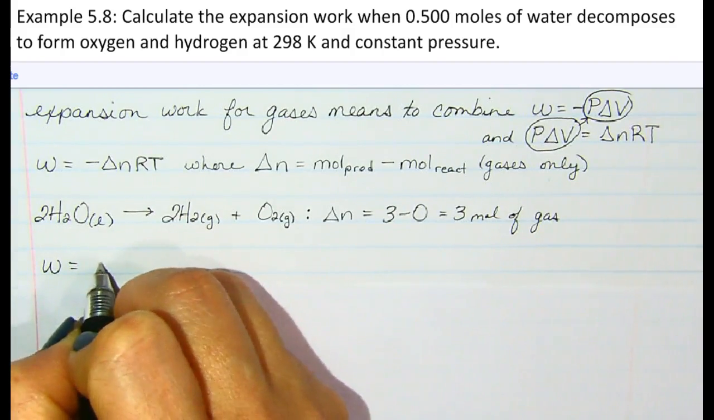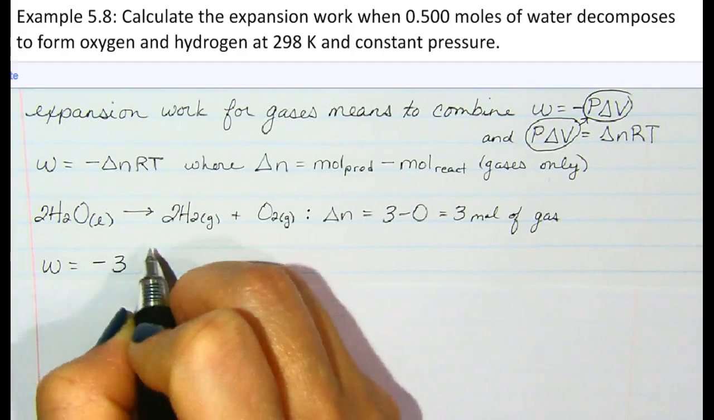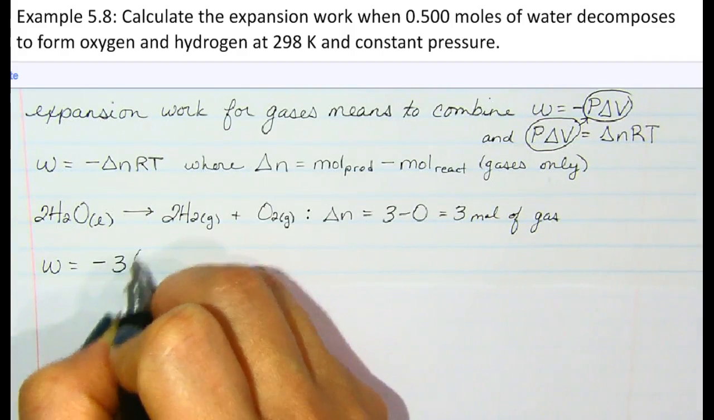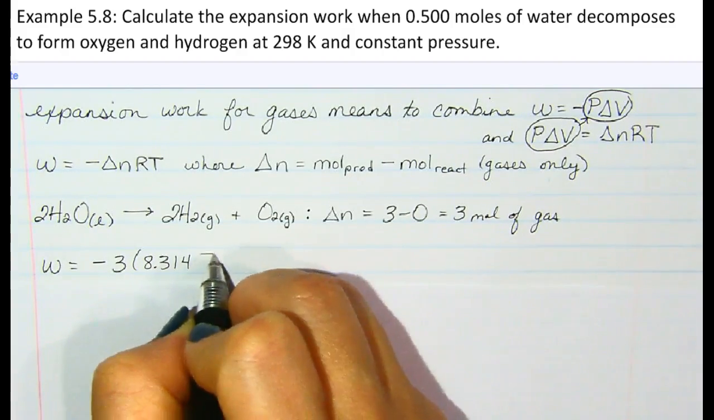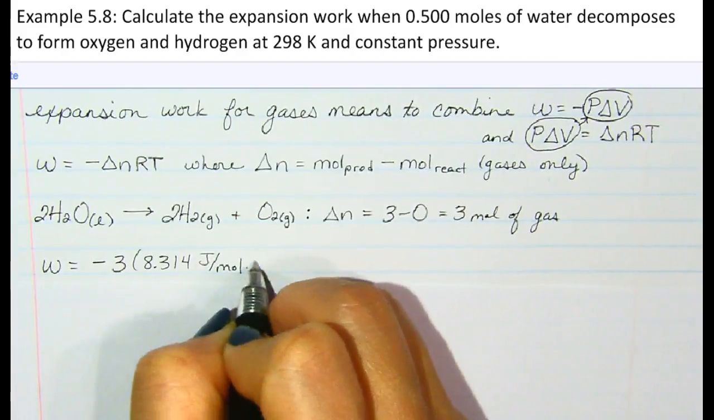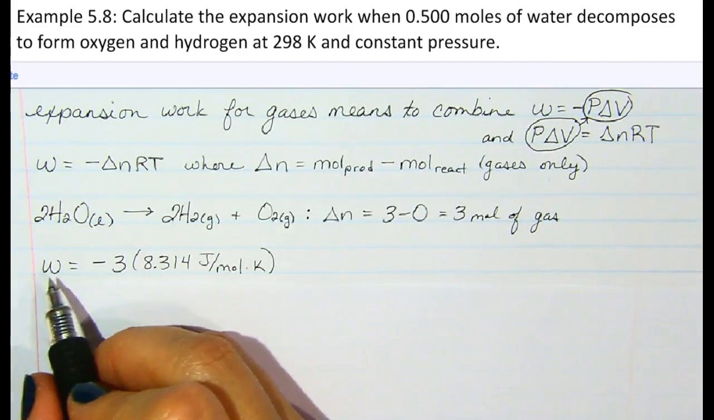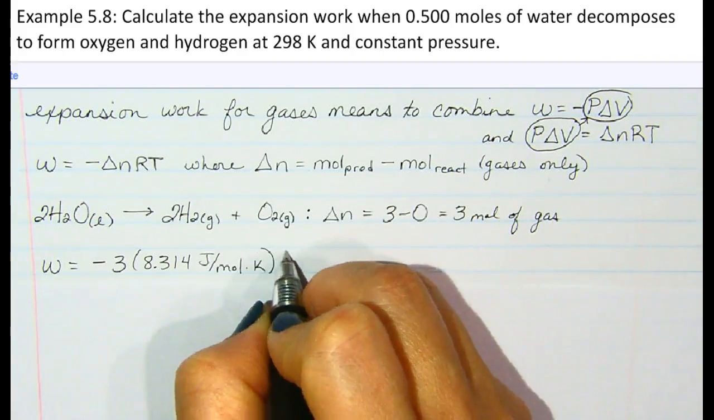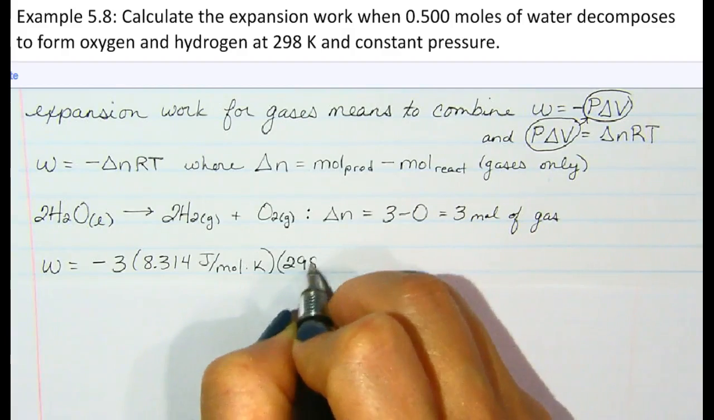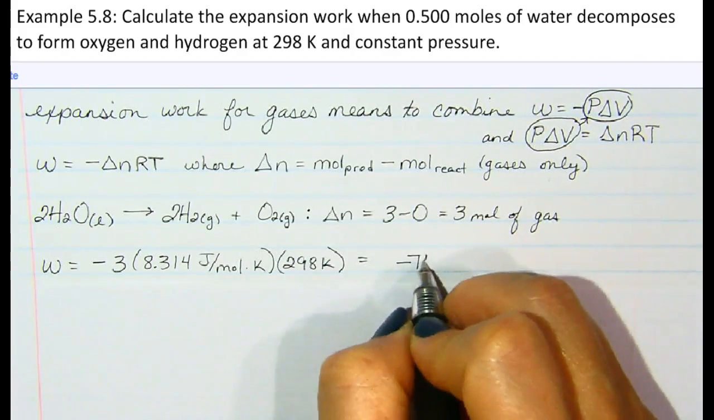be equal to negative, and then N is 3, my change in moles, times R, and R is 8.314, which is joules per mole Kelvin. We use this value for R anytime we're solving for work because we want to know in terms of energy. So this will be multiplied by the temperature, which is 298 Kelvin, and we get negative